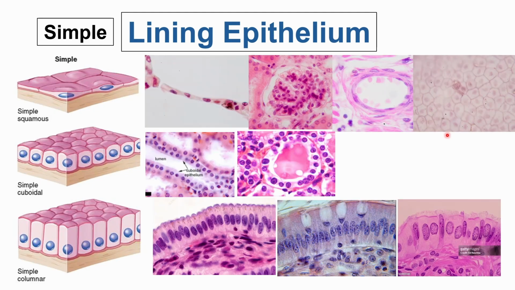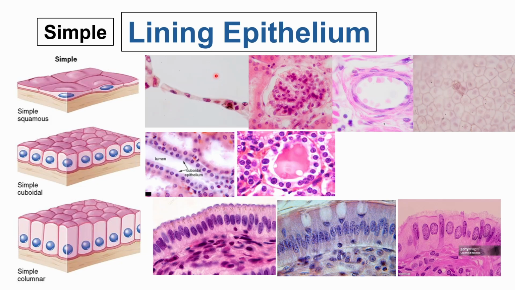And here are actual examples of your simple lining epithelium. So again, when trying to look for epithelial tissue, the key point is to first look for the lumen, the opening, the space. It should not be an artifact. It should be an actual, real histological lumen or space. So for example, in this area, it would be this part, this part, this part, and this part. And in this part, we cannot see any space because we are looking at the top part of the cells. Here you can see the side view, and you can see that some cells are facing this way and some cells we can assume are facing this way.